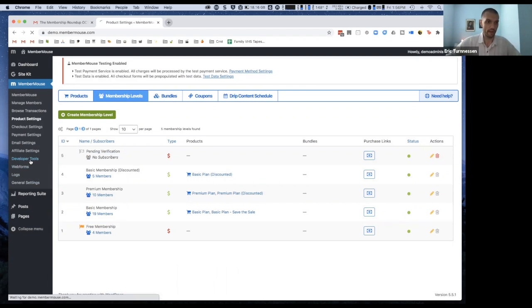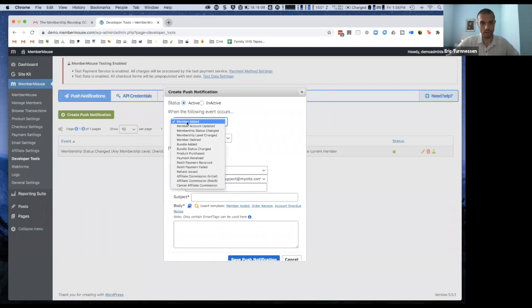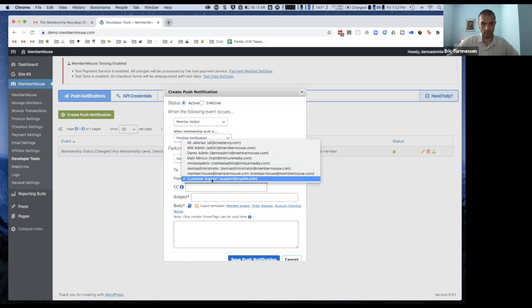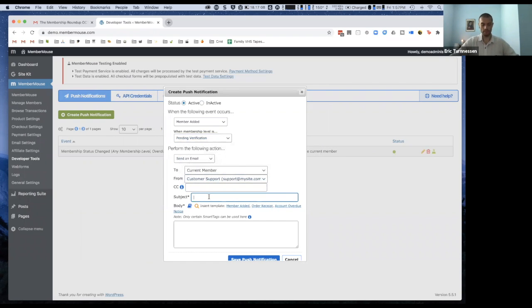So what I can do in developer tools is I create a push notification. The trigger would be member added, and it would be particularly for this membership, pending verification. And when that happens, we want to send an email to the current member from whatever email address and say, please confirm your account. You're actually probably not going to be able to do exactly what I'm suggesting through only here, but you could basically say,